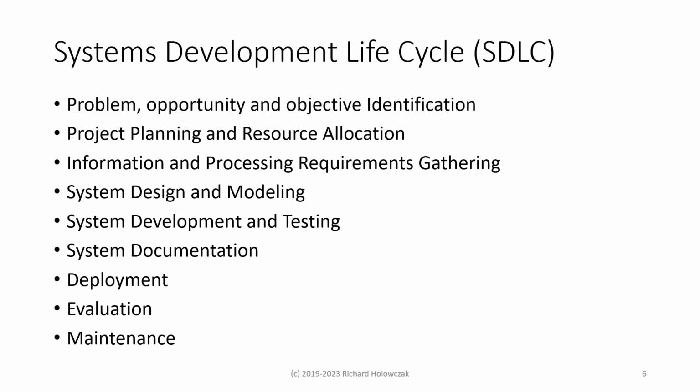Once the project plan is in place, then we can start gathering requirements. And typically, these requirements come in two general categories. Information requirements, which you can think of as data: what data does the system need to store and have available? And processing requirements: how is that data going to be processed? So these requirements need to be written down, they need to be documented so that we can move forward in